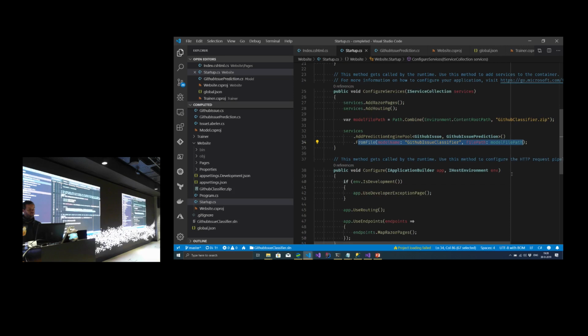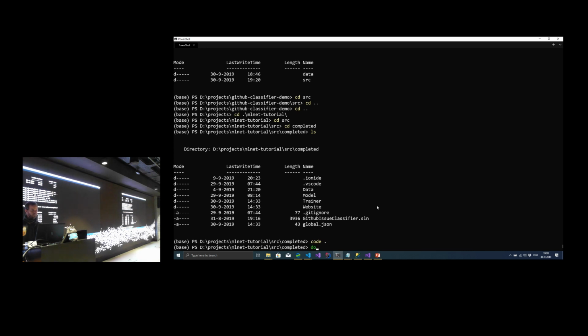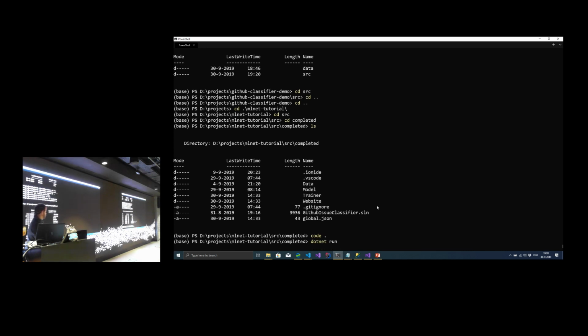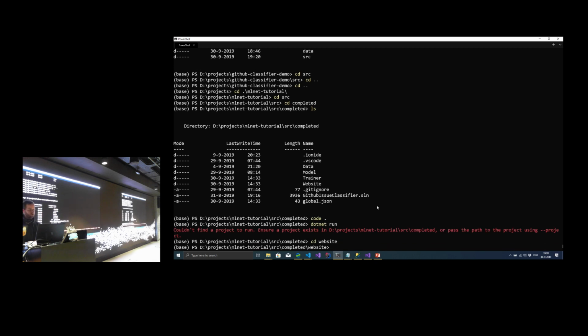So once I have these dependencies, I have to say, I have a HTTP pipeline that uses routing to translate URLs to pages. And when I have the endpoint determined for a URL, I want to use a dynamic page to display content. So basically what happens is if I start my application using dotnet run, website, dotnet run,